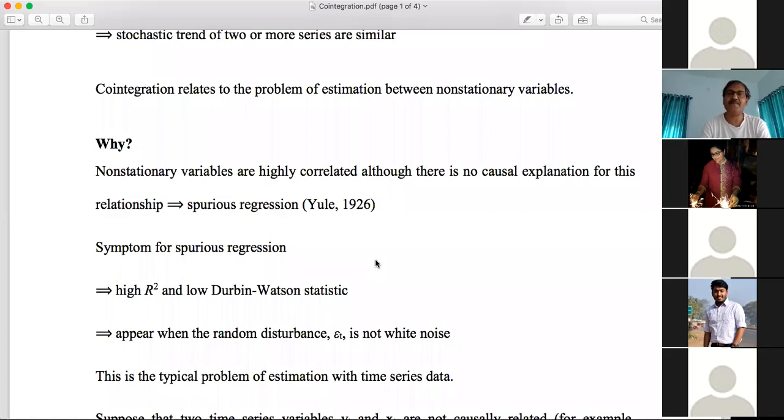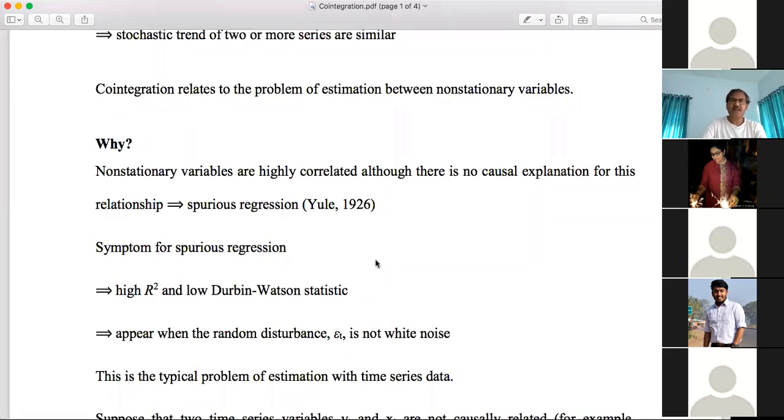So if the Durbin-Watson statistic corresponding to an econometric model is equal or nearly equal to 2, it suggests there is no problem of serial correlation in your model. But if the value of Durbin-Watson deviates from 2, that is, is nearly equal to 0 in absolute sense, then it indicates a problem of serial correlation in your regression model.